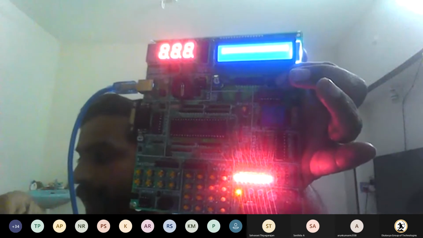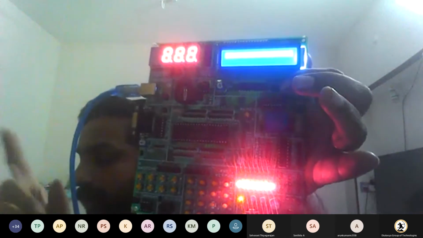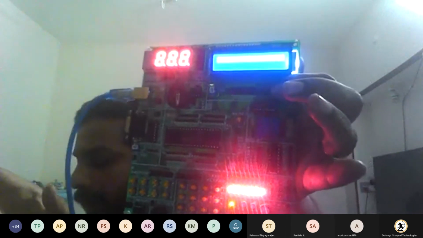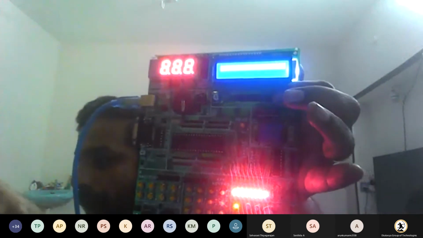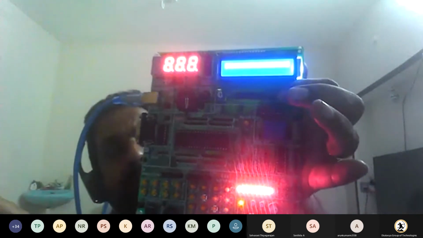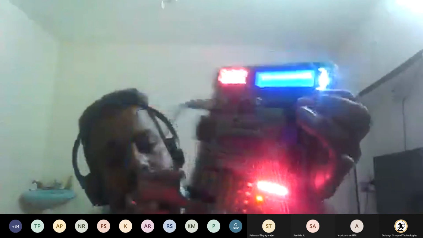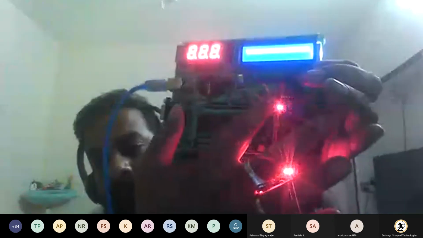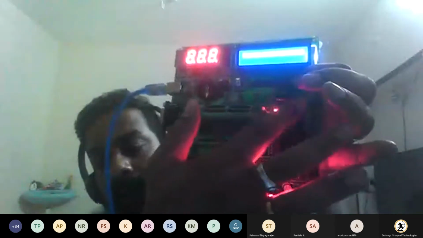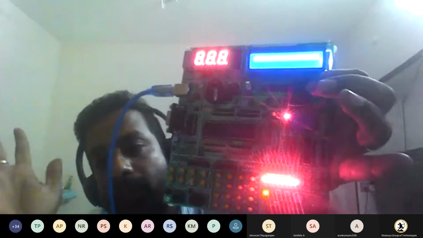If I press the switch again, then the inverted condition applies and the relay will be off. So for the first press it will be on and for the second press it will be off. Like that we have written the program. You can watch it. See here, a light will glow, indicating that this relay is switched on.